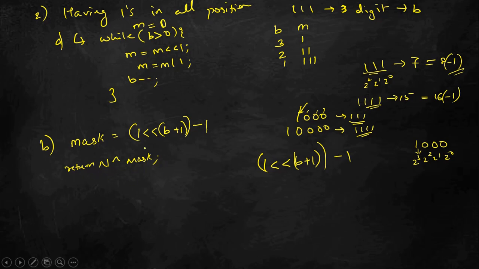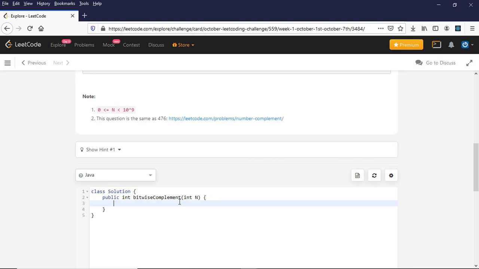So let us write down the code for this. Here first, we know that if n is 0, we can directly return 1, there will not be any other case. So we can use that as our base case, and since we are using the log based solution here, we need to make sure that if n is equal to 0, then return 1. We cannot do a log of 0, that is an undefined value. So that is why this base case is important here.